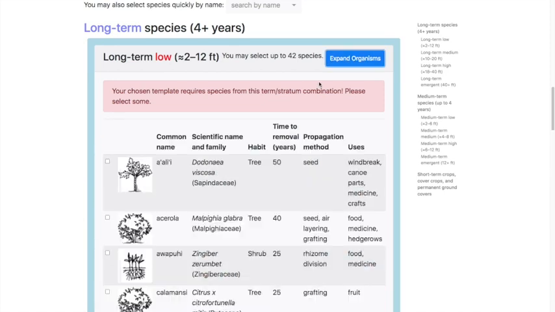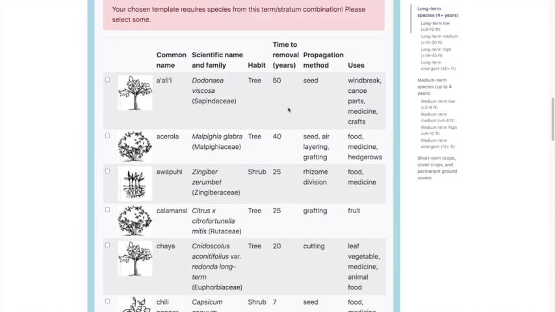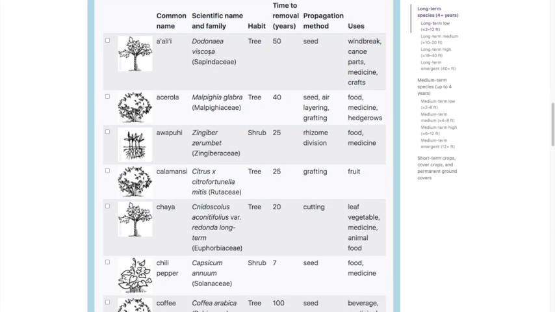So I expand the organisms by clicking this button, and now the whole list appears. And I can scroll through this, and I have a little picture, a general concept of what the organism would look like, its common name, Latin binomial, the habit, time to removal, propagation methods, and uses.